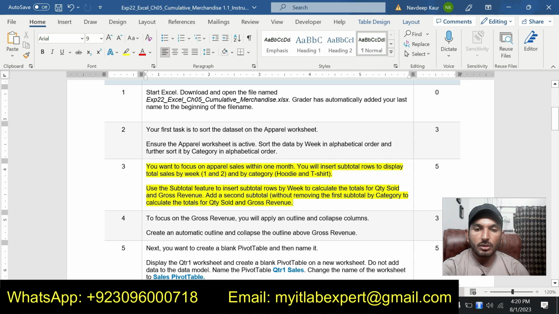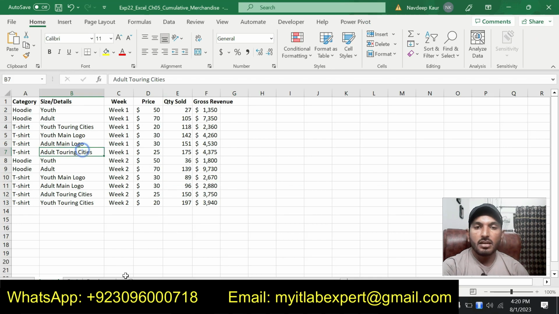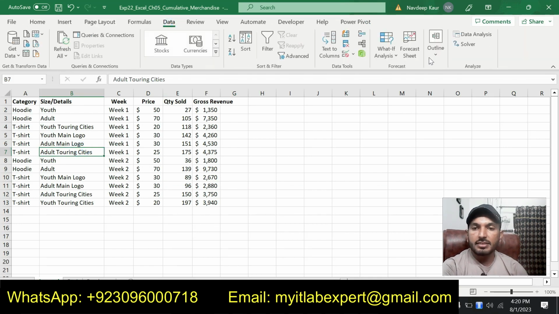So there are 2 subtotal rows. First one is by the week to calculate the total for the quantity sold and gross revenue, and second is by the category. So let me go to the sheet and now click on the data tab, and in data tab you can